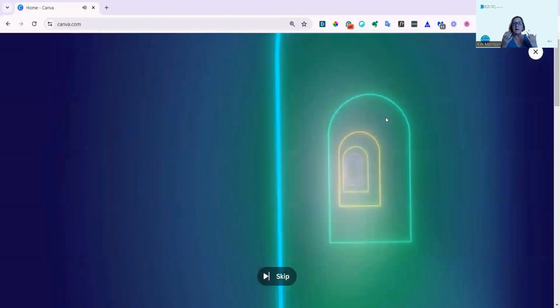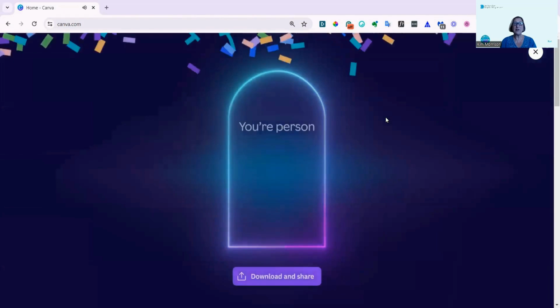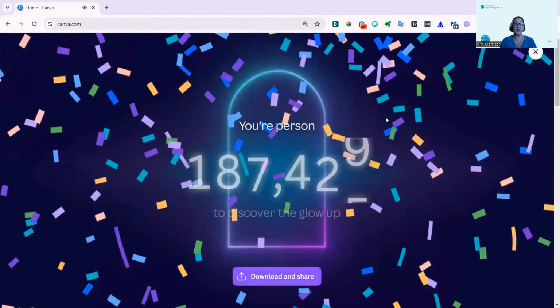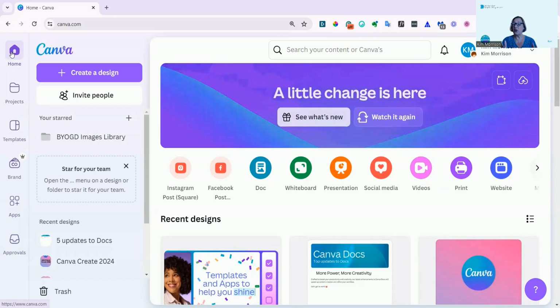I'm just showing you the magic of Canva and Canva Create. Lots of little things that have changed, but they will make such a difference to your Canva experience. And as you can see, I was the 425th person to try. It's been brilliant. That was just a quick introduction to the new look and feel of Canva that was announced last week at Canva Create